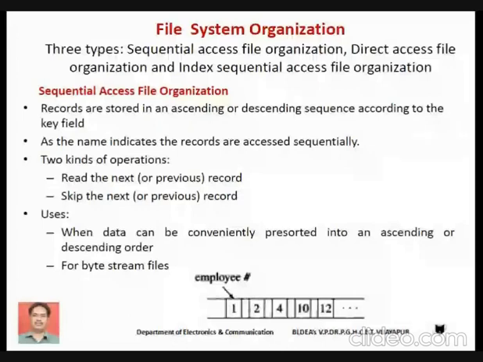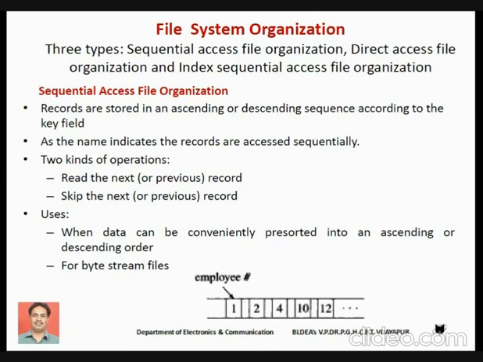Say, for example, if I consider student as a record, to store student information, I might be using fields like roll number, name of the student, USN, marks of the student, and so on. One record consists of one complete student's information. A record may consist of different fields, and a field in turn contains one data item.